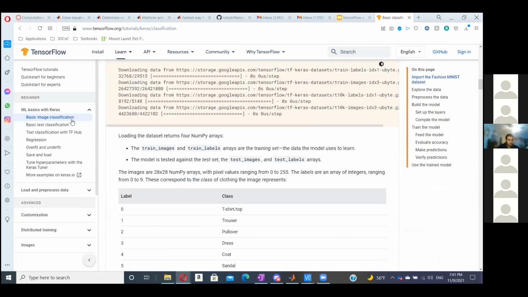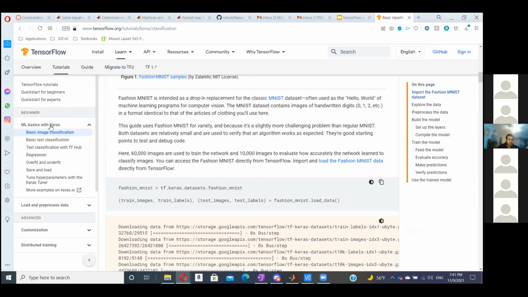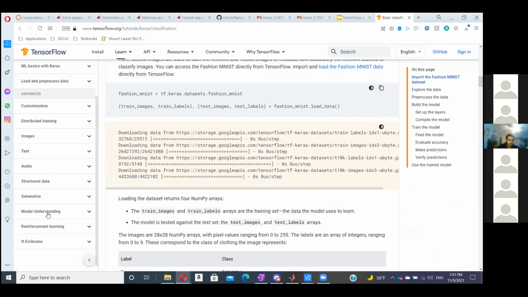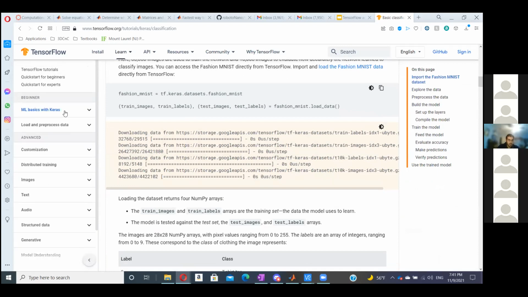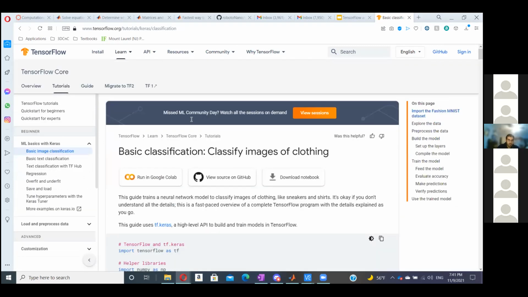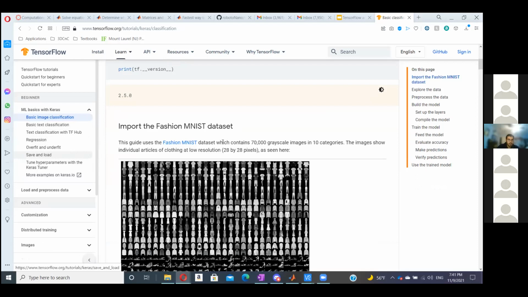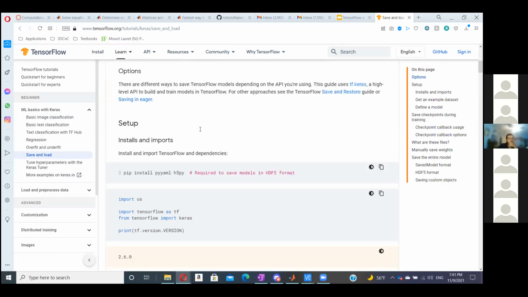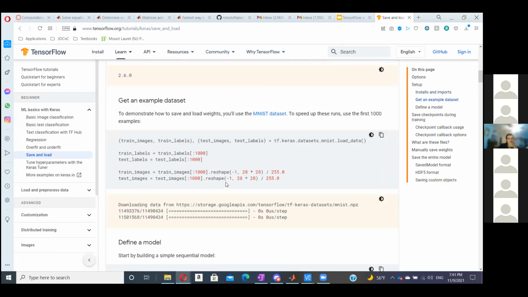No, this is not it. Model understanding, reinforcement learning. Is it this one? Maybe save and load. That's probably where they're taking the weights in, with the models.